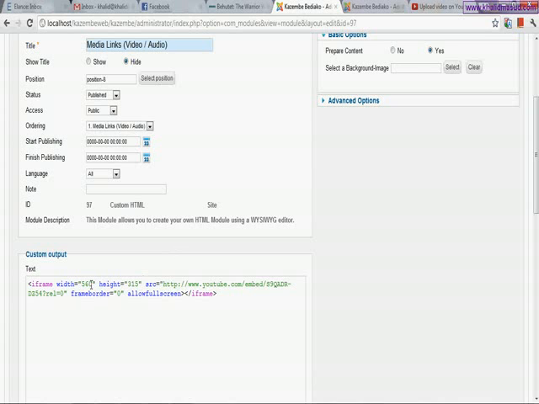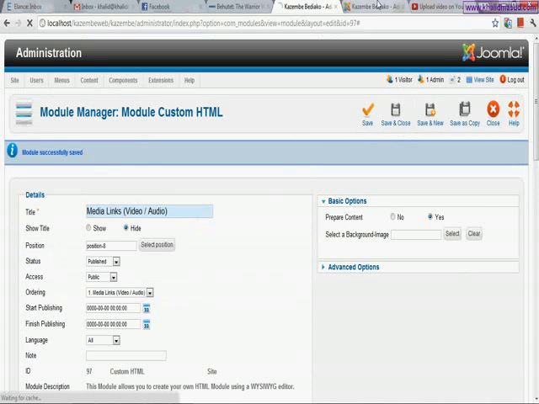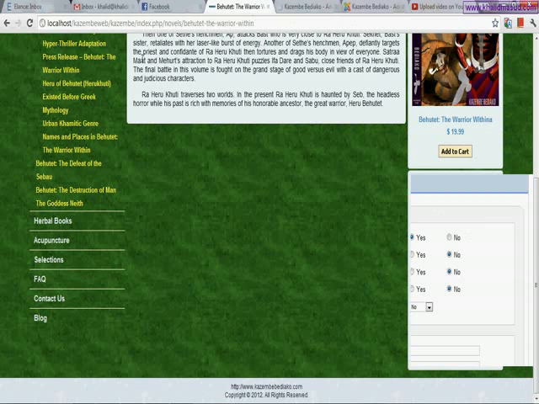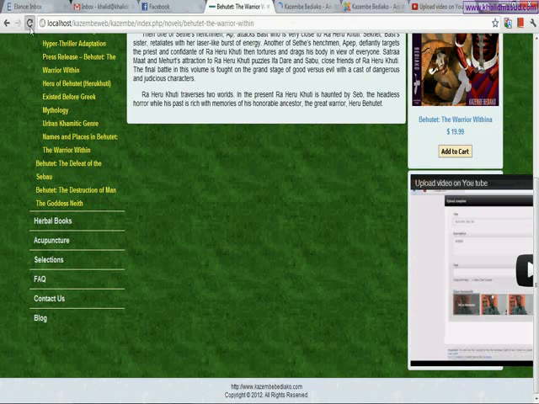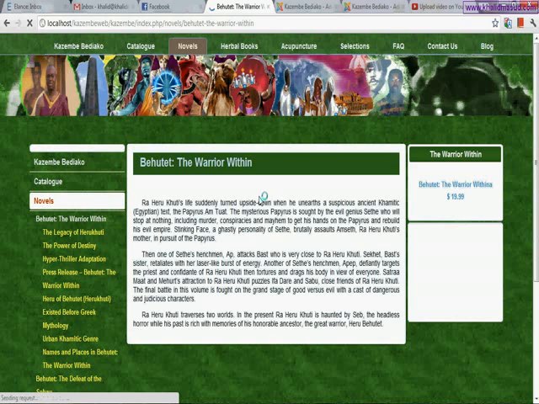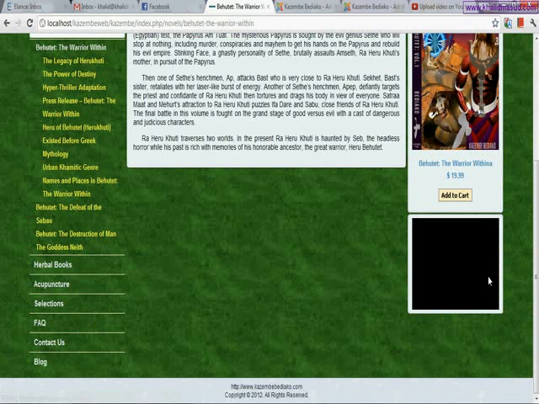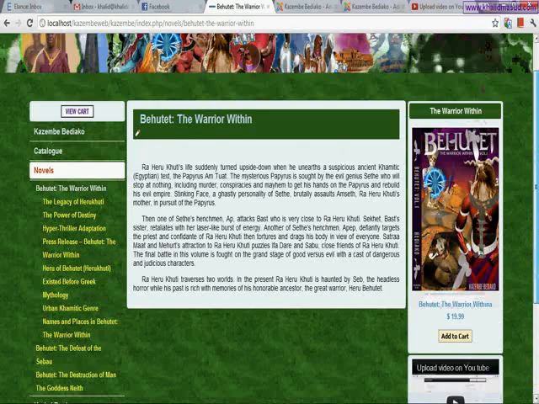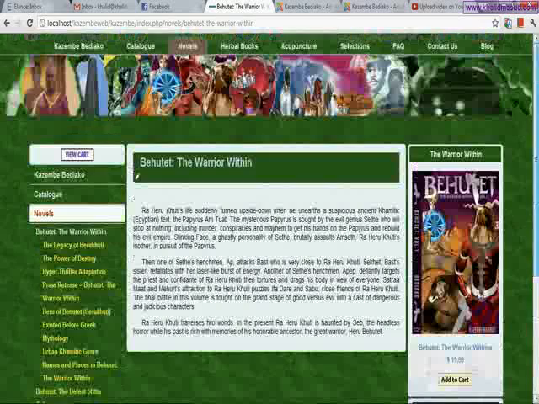In this case it's very simple: I just have to set the width and the height of the video according to my module. After setting the proper height and width, you can see that the video whose code I have just entered is now in a proper format.